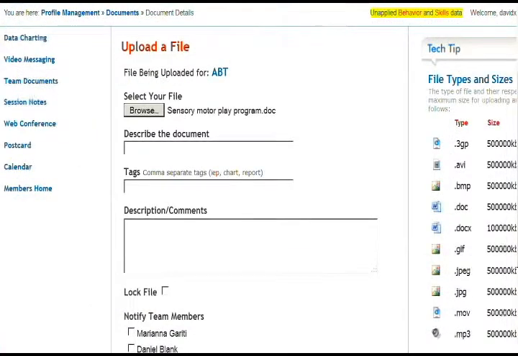Okay, since you have now browsed to the file you want, it'll show you on the screen that your document is now selected. And then the job from here is pretty simple. All you're going to do is describe the document, add a tag, and then add a description. To make it easier for yourself, you can copy the title of the document, Sensory Motor Play Program doc in this case, and keep it in your clipboard memory. And then you can just paste it into describe the document, and then in a tag, it depends on